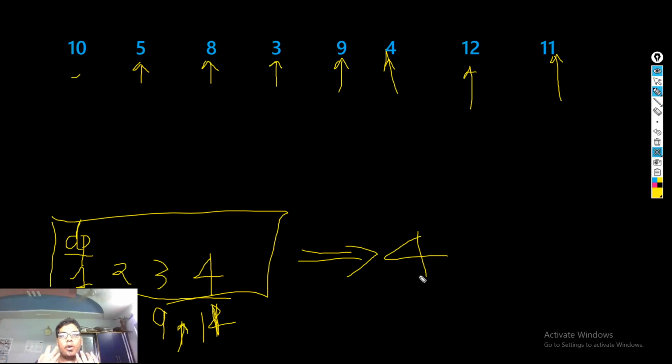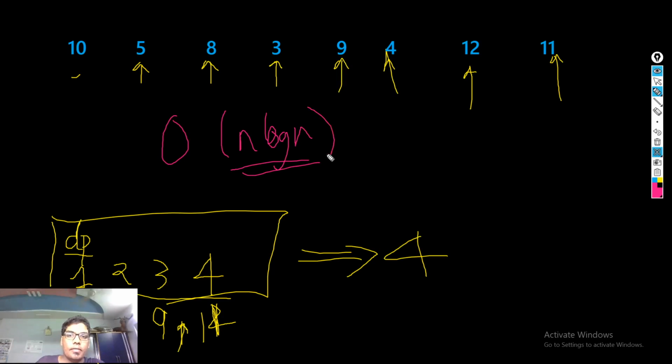So the question of this entire increasing subsequence reduces down to iterating through those elements, and for each element asking where would they be in a sorted array. And this question of where this one element goes in a sorted array is actually binary search, and binary search is log n. And if you want to do it for all of those n elements, so this entire thing will be n for iterating over the elements, and log n for doing this binary search over this sorted DP array. So the complexity of this entire thing would be big O of n log n, right? So yeah, hopefully I'm clear here.